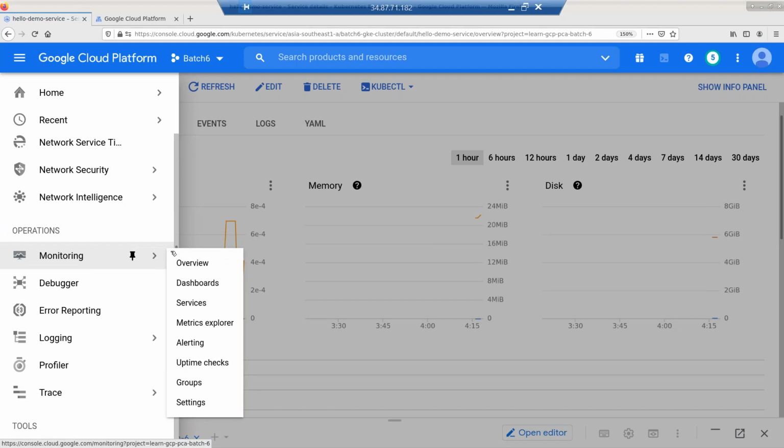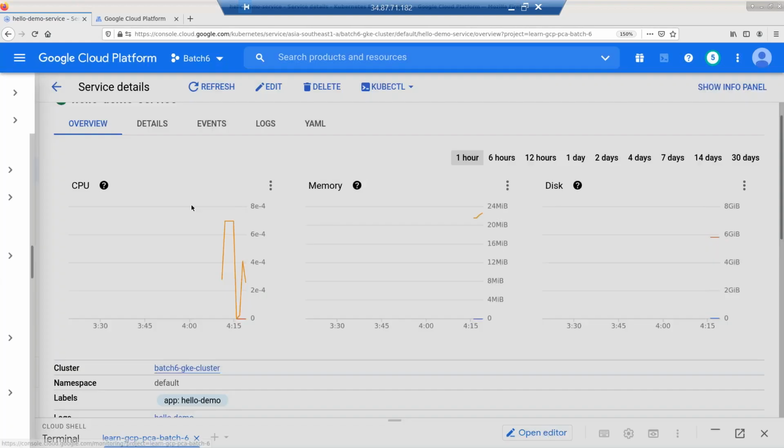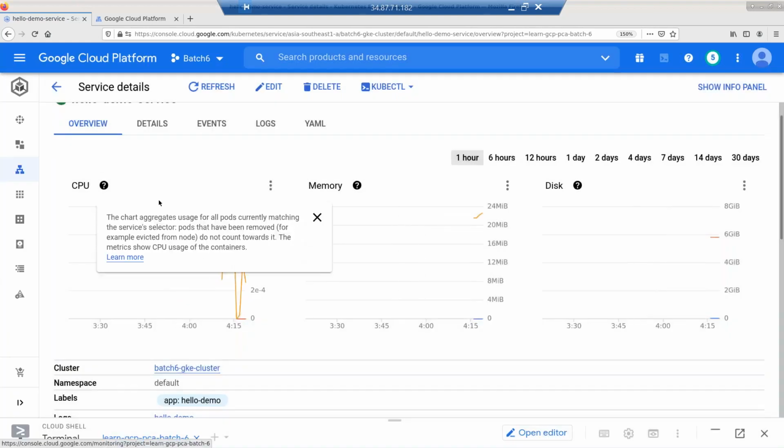Here, if you just go here, it's going to capture everything and show you. I wanted to keep this as is now because it's going to create certain stuff behind the scenes. I don't want that. But if you want, you can go into monitoring and you should see the Kubernetes cluster entry there, and you should be able to see what you're seeing. This is basically Stackdriver monitoring stuff only,